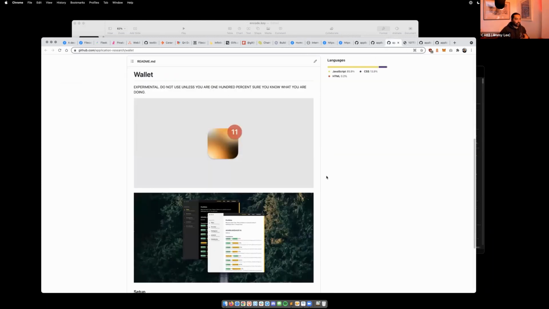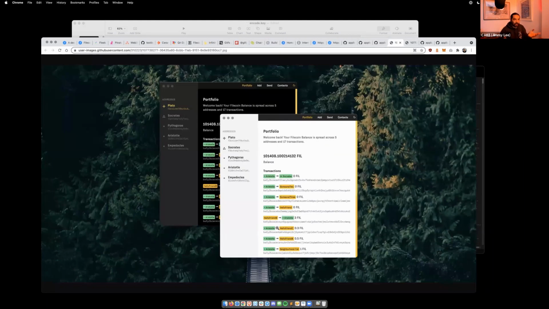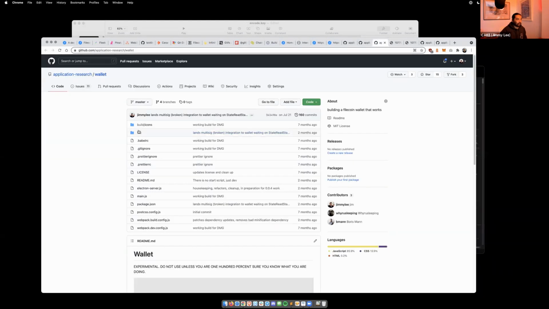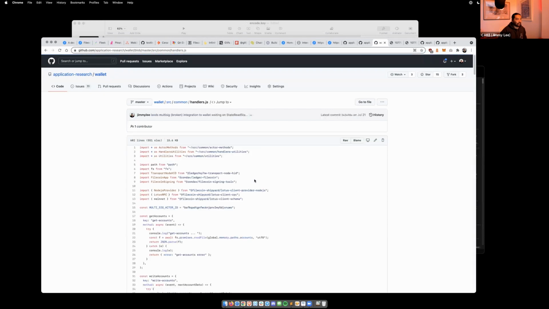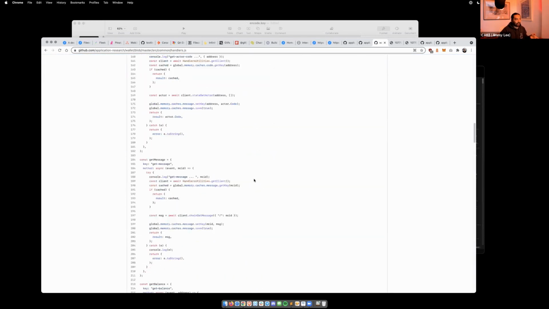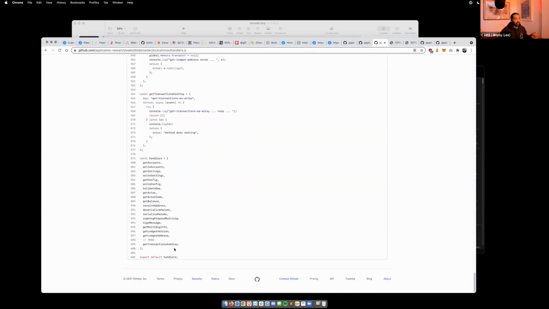You can just look at a kitchen sink example and maybe build something like this instead without having to read the entire spec and just looking at API methods. So if we go into the repo, we go into common, we go to handlers, I have an example file here of basically everything you need to work with a ledger device and check transactions and kind of make a